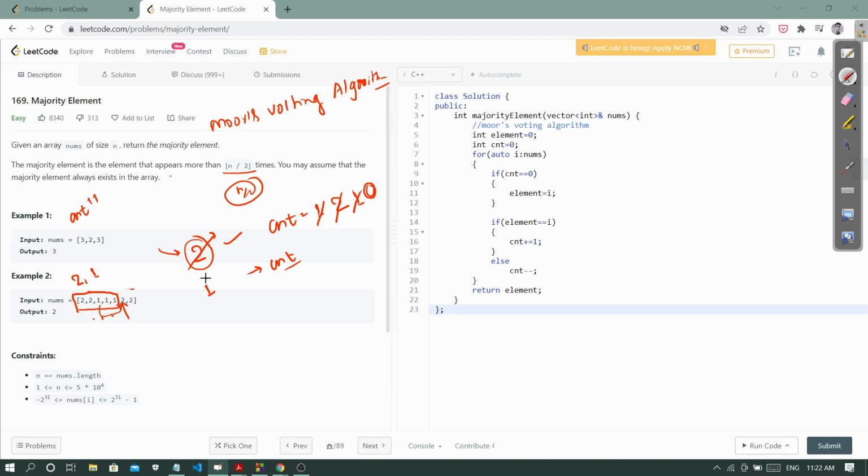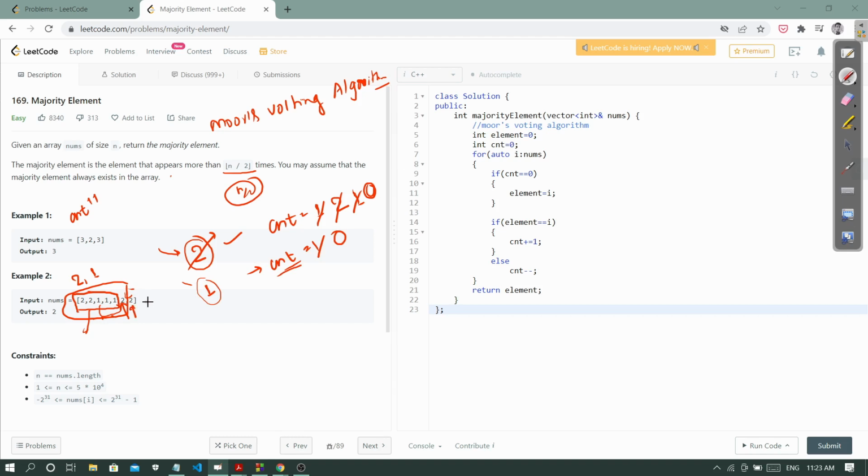So we have assumed that 1 is the majority element, but if the majority element is not equal to nums of 5, then we have to decrease the count. So now count is equal to 0. If I consider this section of the array, then in this section neither 1 is the majority nor 2 is the majority, because both occur an equal number of times. So in this case, whenever the count is equal to 0